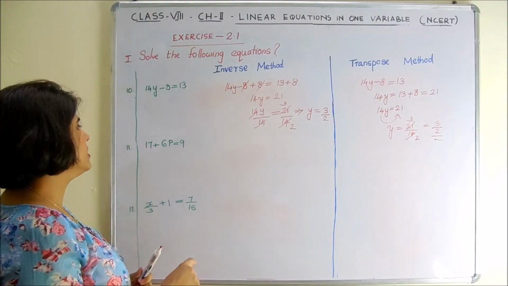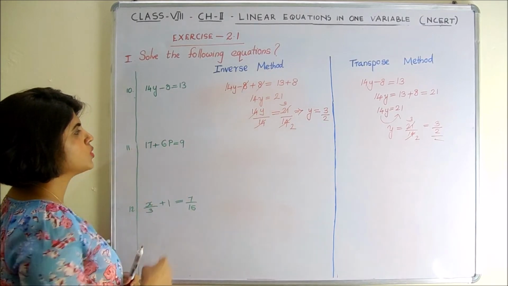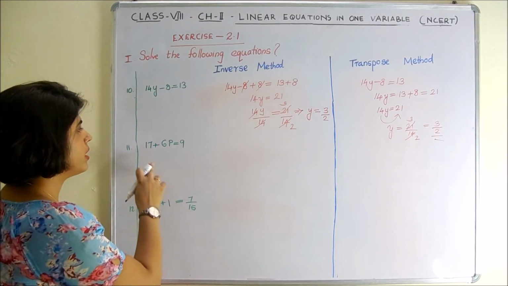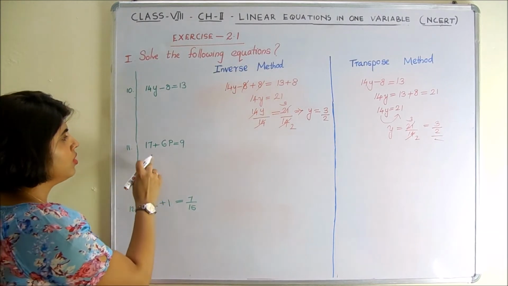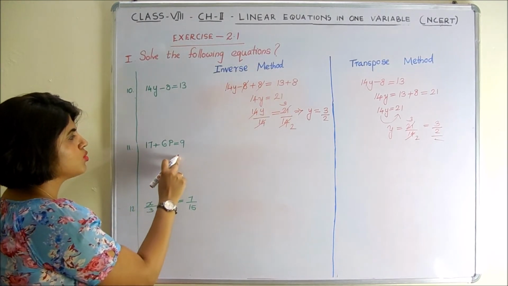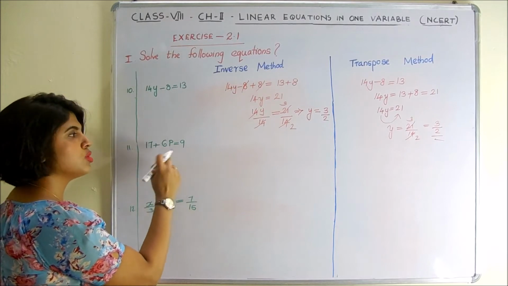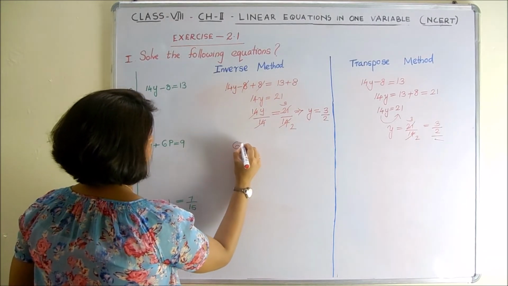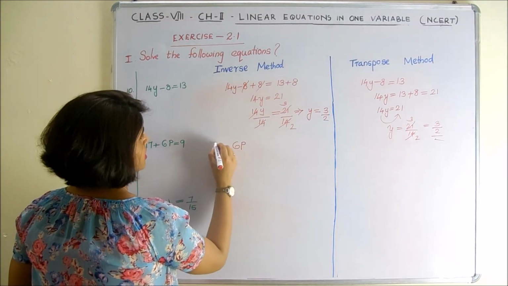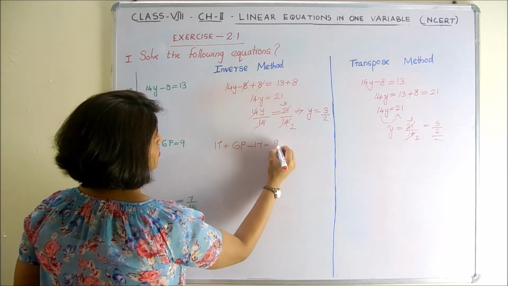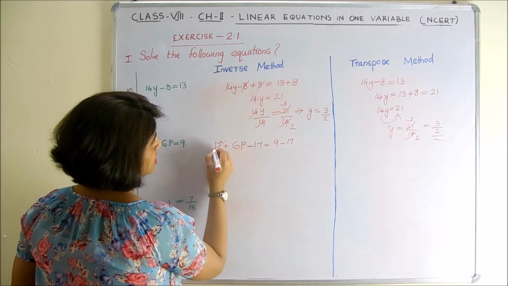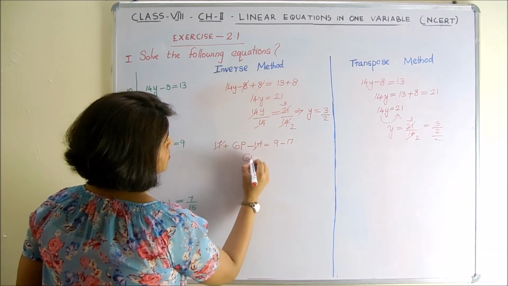Our 11th question is 17 plus 6p equal to 9. Here we have to eliminate 17 from LHS. For eliminating 17, we have to subtract 17 on both sides of the equation. Then the equation becomes 17 plus 6p minus 17, which is equal to 9 minus 17. These two will get cancelled. Now 6p equal to